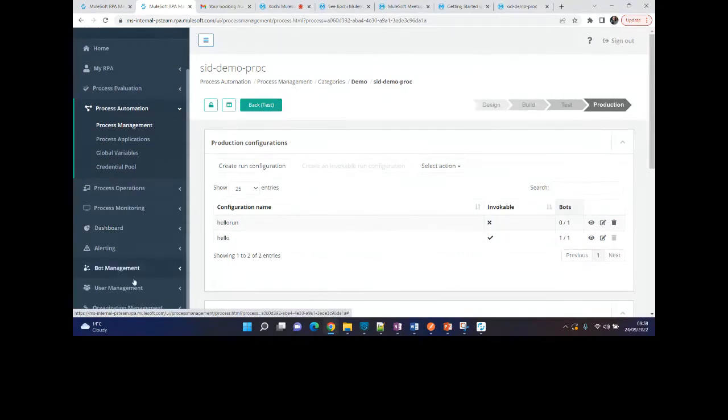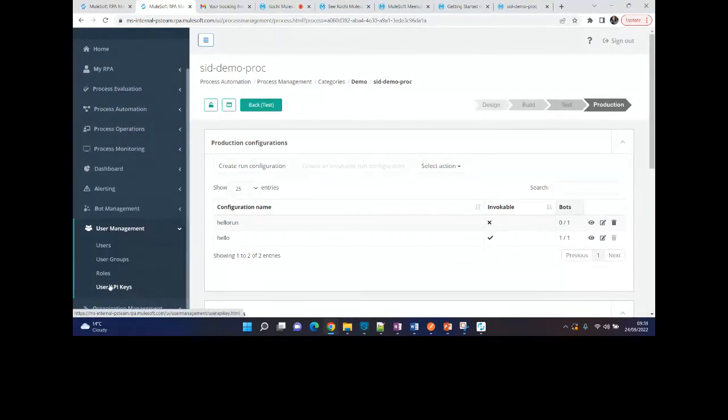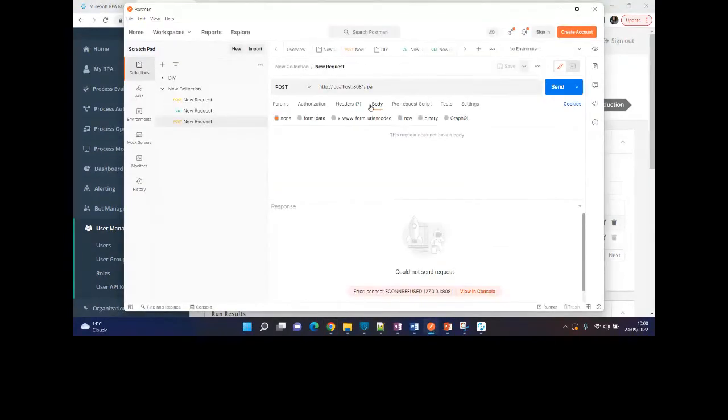After that, the other most important thing is to go to your user management and get the API key. You can just create an API key for your process. Any process that you create, you'll have a feature which allows you to create an API key, and you need to use that API key when you're invoking your application.